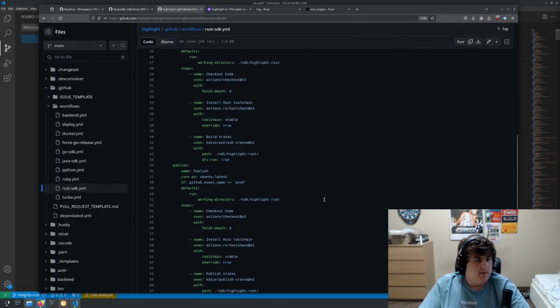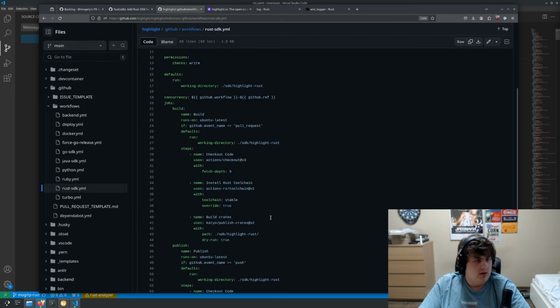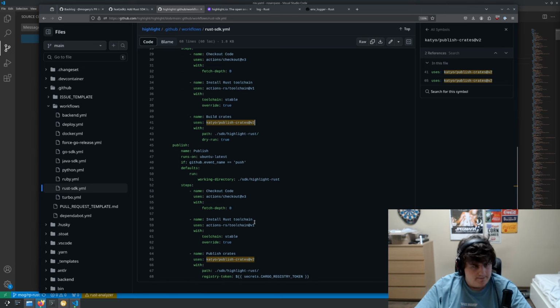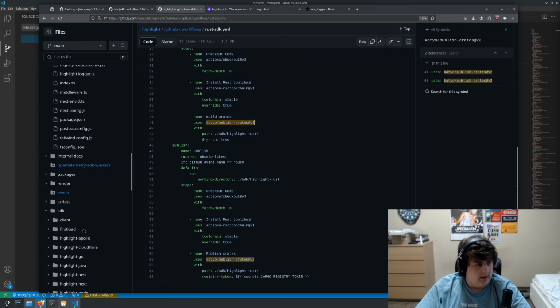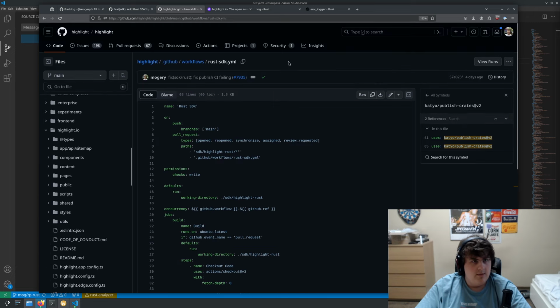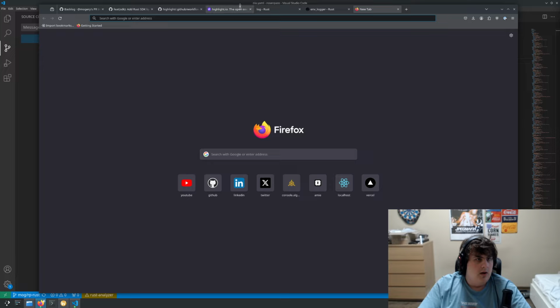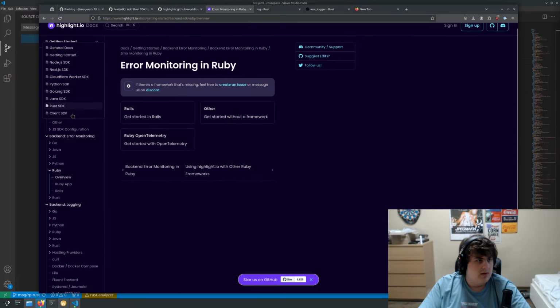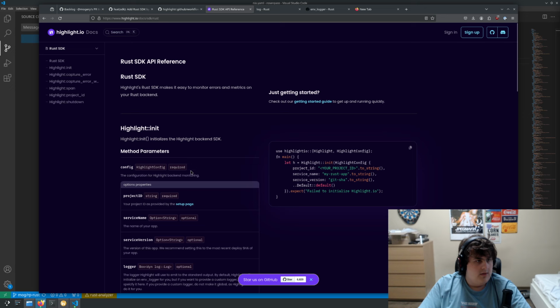We have automatic publishing and building via this publish crates GitHub action, which is cool. Yeah, so I do need to do some fixes. We do have docs on here. I don't think they are deployed yet. Yes, they are. We do have Rust SDK docs on here,